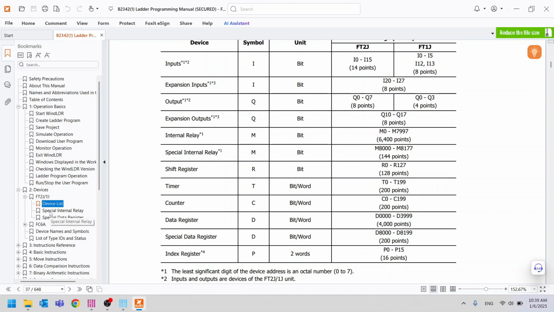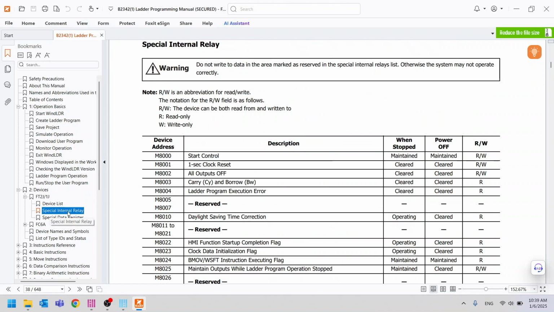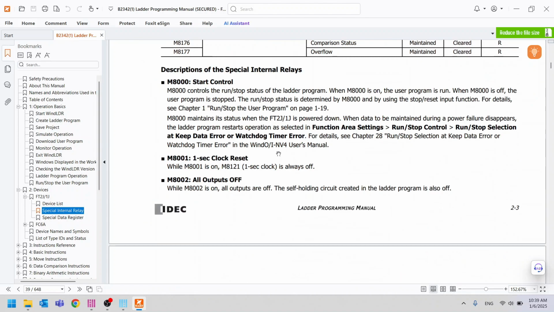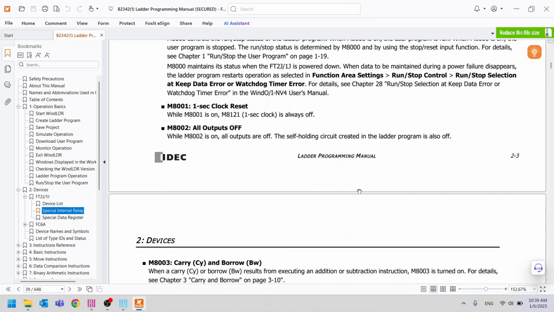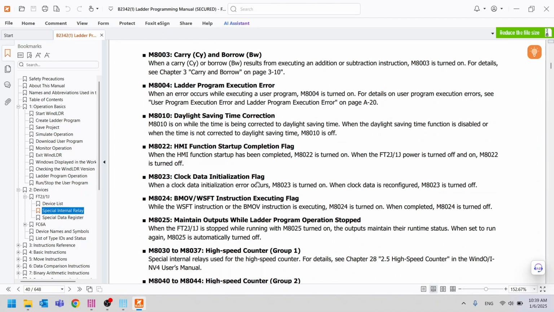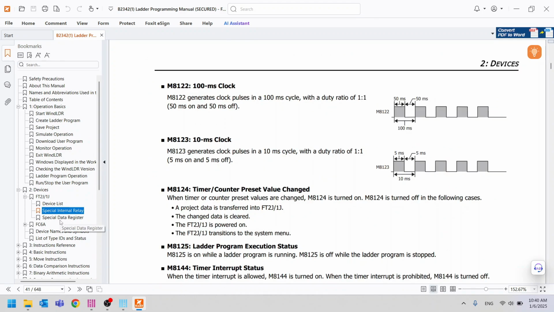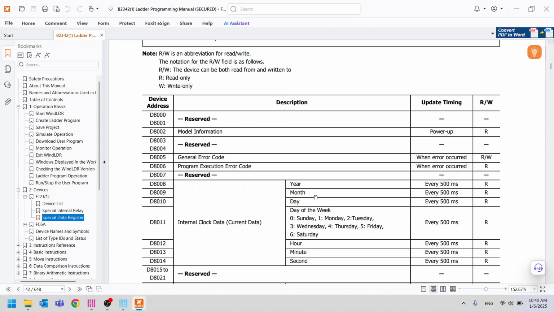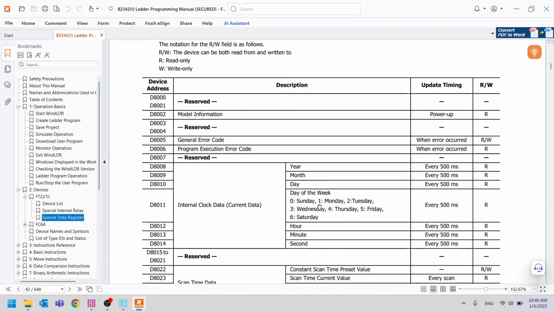Next, if you click on the special internal relay, you'll see details about what M8000 and each relay represent. If you scroll down further, there's a detailed explanation of how each special relay functions, as each one has its own specific purpose. Next, for the special data registers starting from D8000, they are used for various functions, such as